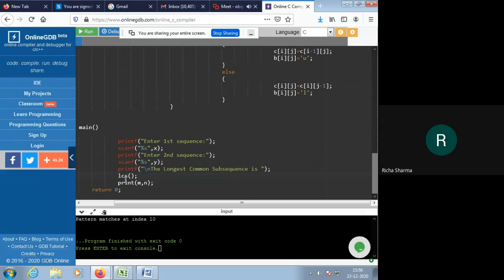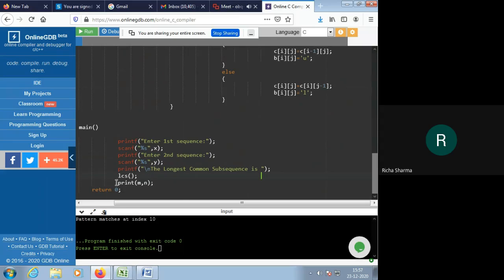Now at this point, we have two matrices B and C with some values, and the values of the variables I and j will be at the end index position of the two strings.